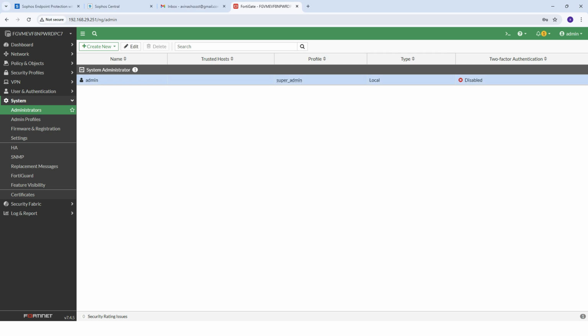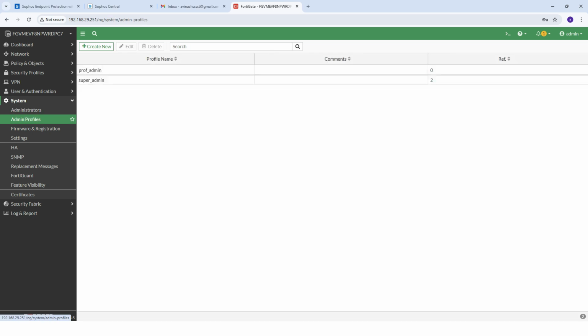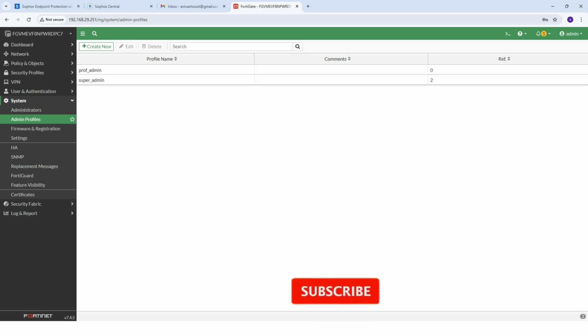This is highlighted, and here we can create an account. Here we can create new login accounts, and you can see admin access profile here. Here are two different profiles: prof admin and super admin. Super admin means full read and write access.